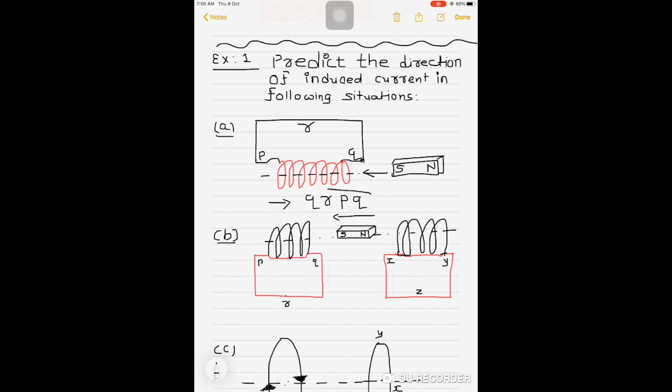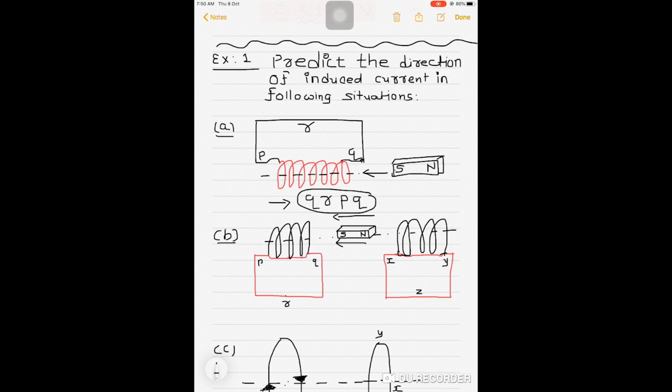So in the first case, the direction of the current will be QRPQ from the point of view of the magnet. That will be the direction in the first case. Now in figure B,